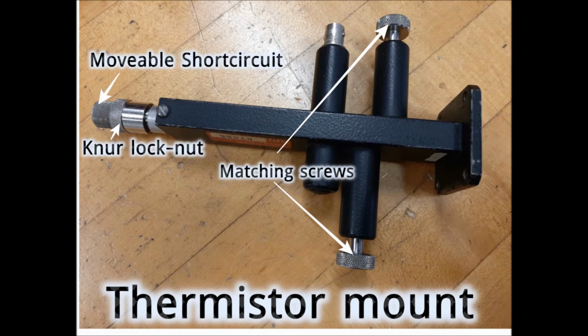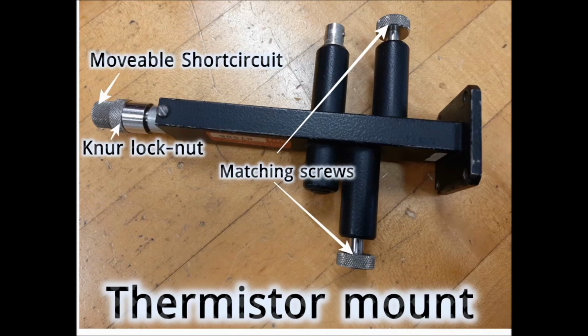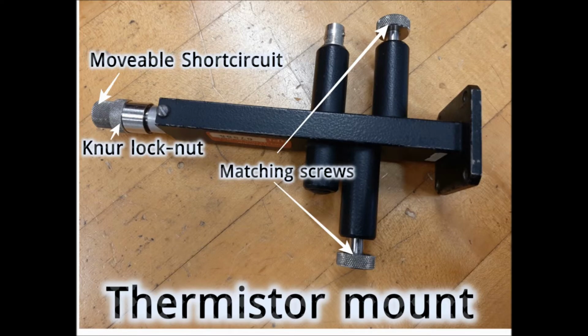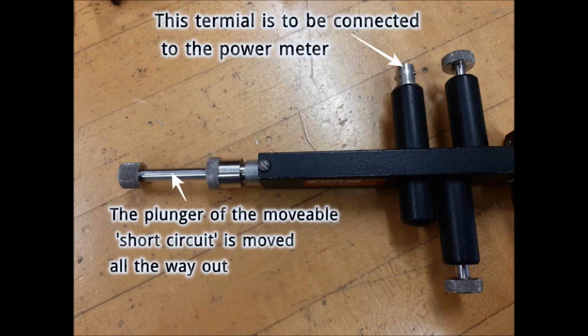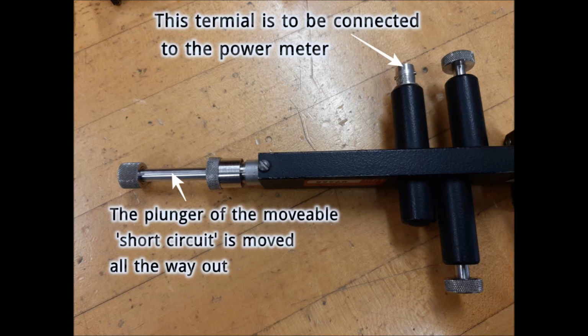So you can control the power received by this device by changing the matching screws and also the movable short circuit. So we have three settings to this component. Two matching screws, one on the top and another on the bottom, and one arm that is called movable short circuit. You can put it all the way out or all the way in, so the signal reception will vary.